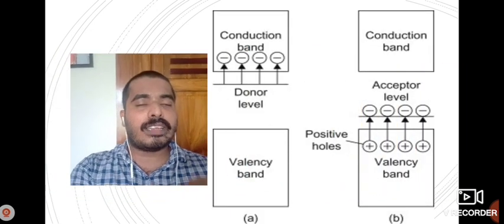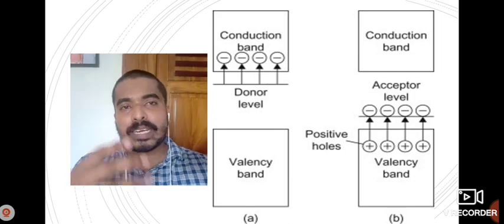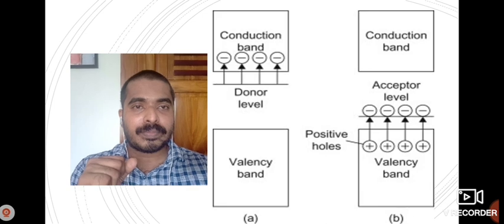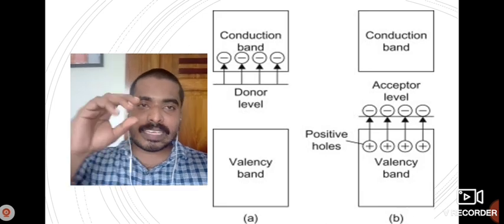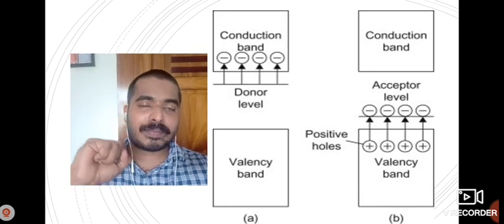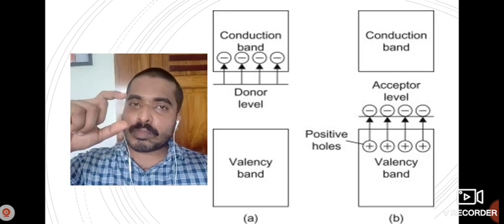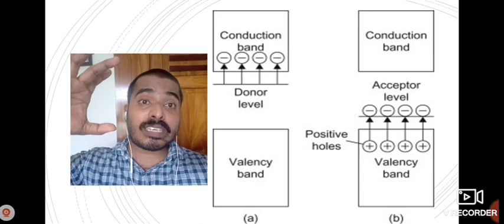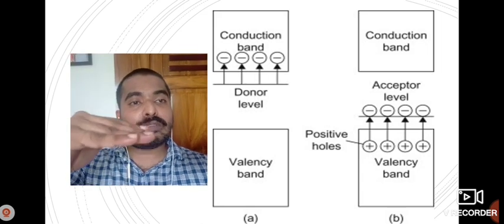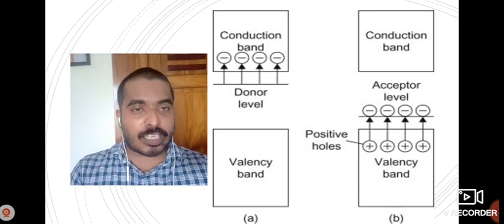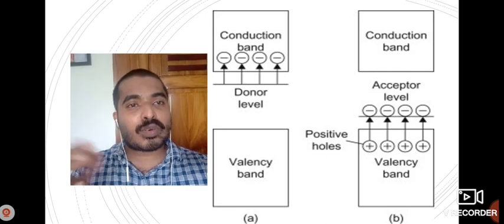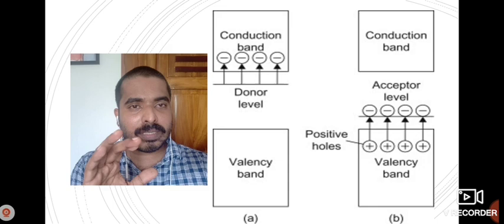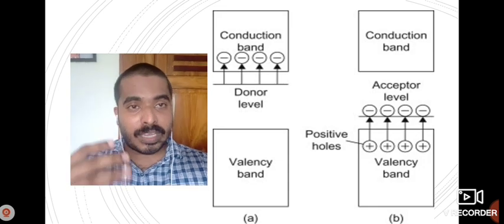Now 8th question. Everyone knows about valence band and conduction band. For conductors, valence band and conduction band are overlapping. For semiconductors, a small gap will be there between valence band and conduction band. For insulators, a large gap will be there, that's why they are insulators, because electrons cannot move from valence band to conduction band. I hope you know this concept. This is in the deleted syllabus, so I will repeat again.